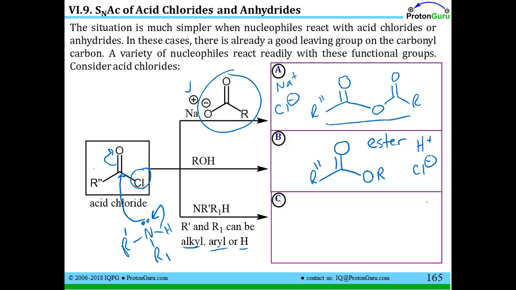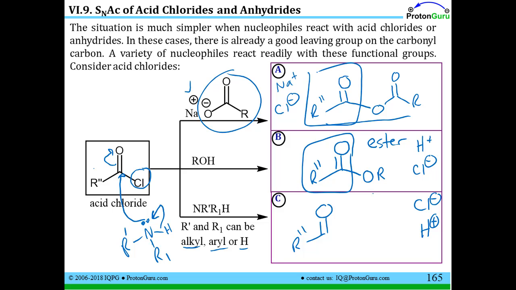So the chlorine will be off. You've got the proton that you took off of the nitrogen. And now you have this piece from the carbonyl, just like we had it up here and here. And the nucleophile, in the first case, was the carboxylate, in the second case was the OR. Here it's the N with both of its R groups, right? R prime and R1 we called them. So you make an amide from the acid chloride very simply, very easily, by adding an amine to the acid